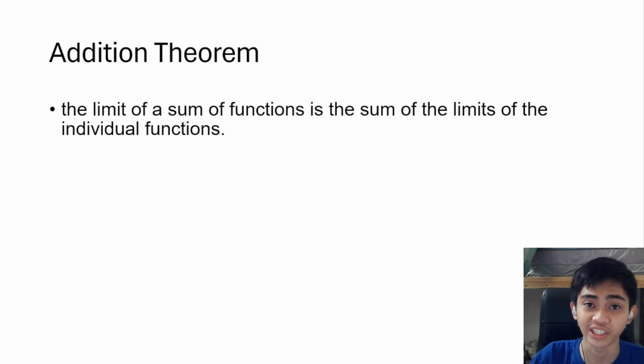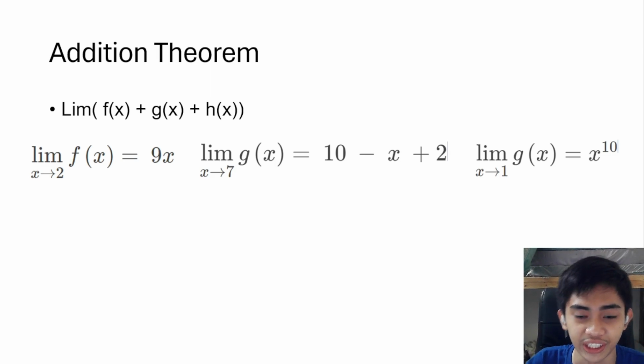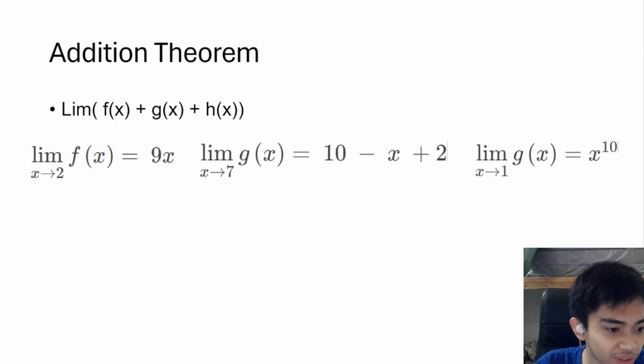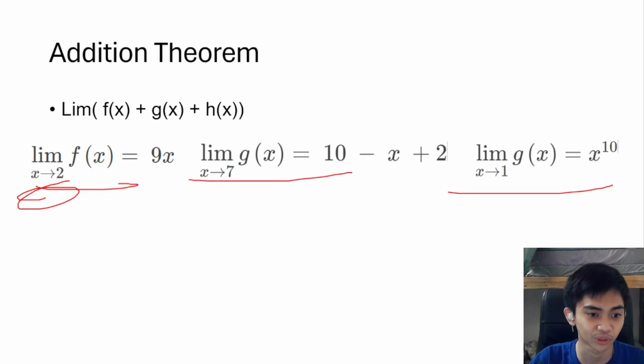Basically, the addition theorem states that the limit of a sum of functions is the sum of the limits of the individual functions. To quickly understand, let's take a look at these more examples. So let's say these are the three functions f, g, and h. Alright, so we have our three limits here. The limit of f of x as x approaches 2 is equal to 9x, the limit of g of x as x approaches 7 is equal to 10 minus x plus 2, and the limit of h of x as x approaches 1 is x to the power of 10. So let's quickly